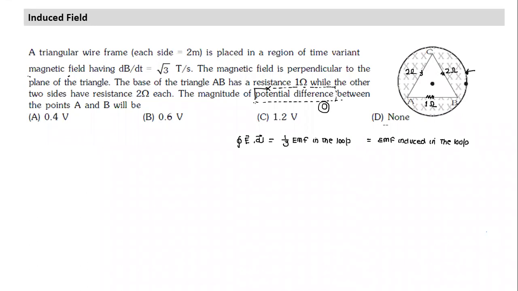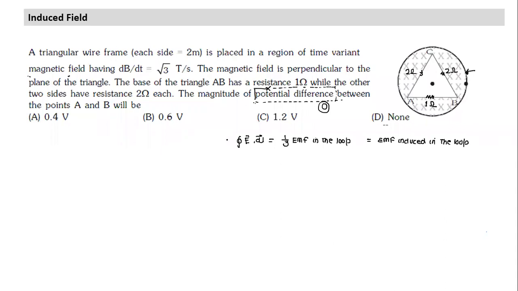This is not electrostatic in nature. This is not conservative. Hence, potential difference is not defined for induced field. It produces a force equal to QE, similar to electrostatic force. So any charge placed in the region where this induced field exists will experience a force. And finally, it forms a closed loop. So these are 4-5 points related to induced field, and potential difference will not be there.